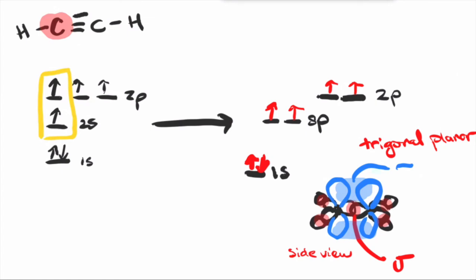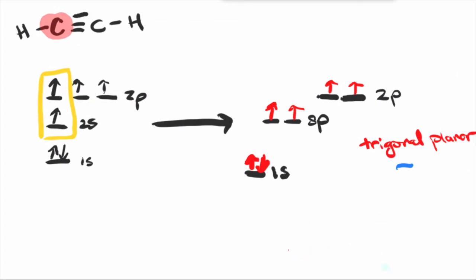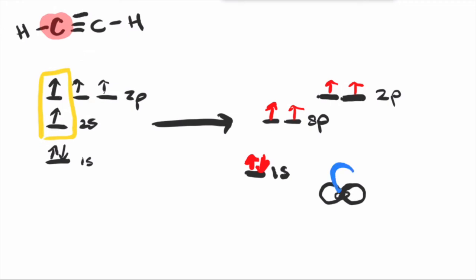So how do the sp orbitals orient themselves? Because there's only 2 of them, the best way to be farthest apart from each other is 180 degrees apart in a linear fashion. So if this is my carbon center, the 2 sp orbitals will be 180 degrees from each other. What's left over is one of the p orbitals. Again, we want to be orthogonal to be farthest away. So we can draw this as top and bottom. That's one of the 2p orbitals. We still have another 2p orbital. It's now going to be in the z direction.